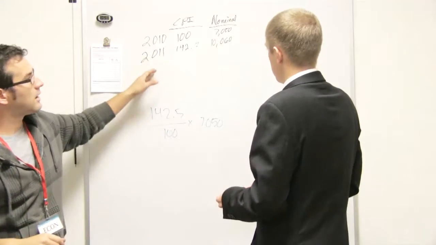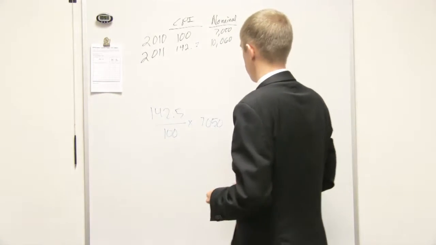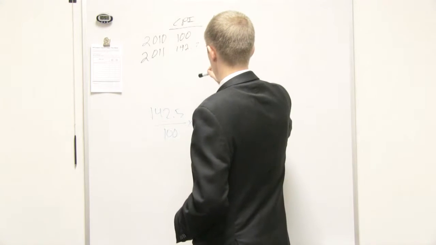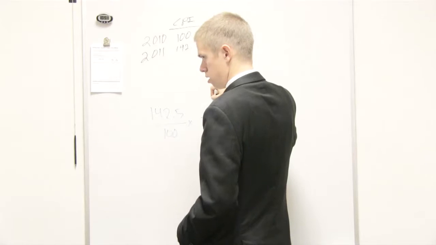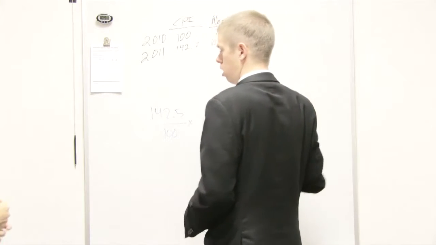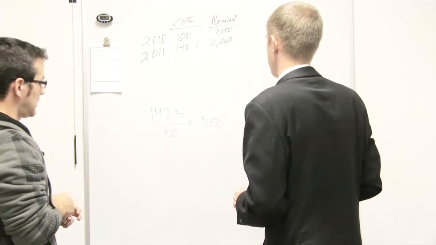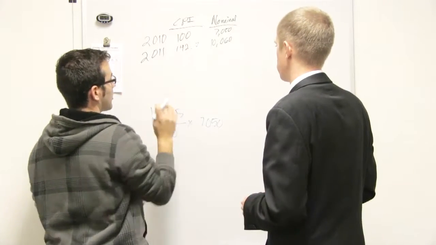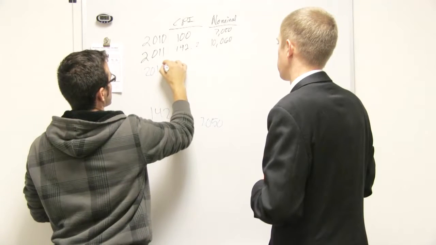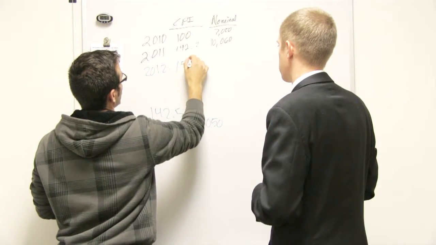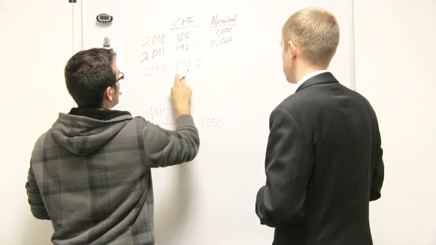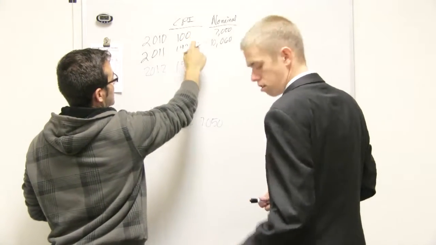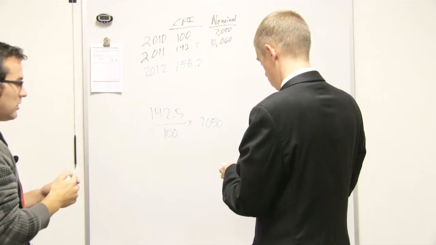Okay, so to figure out the inflation rate, I would take this minus this, divided by this, times 100 to get the percentage of inflation. The reason that equation is handy is because maybe in 2012 you have one that's 158.2, and it's asking what was the inflation in this year. So now you can't just do it in your head because you don't have 100. So that's when you would do